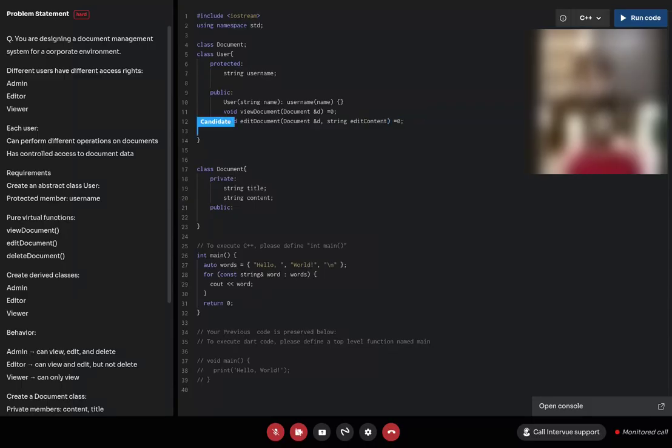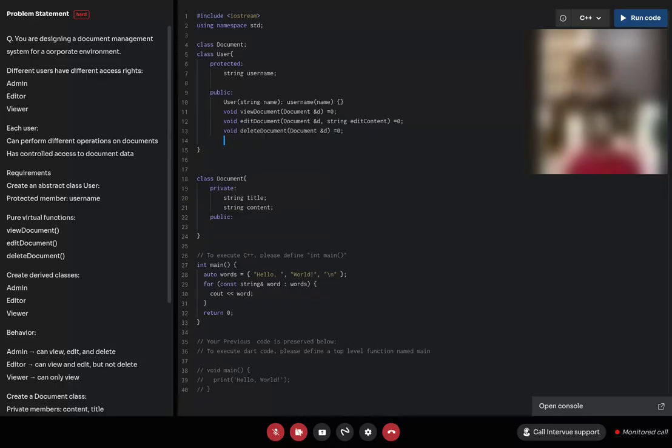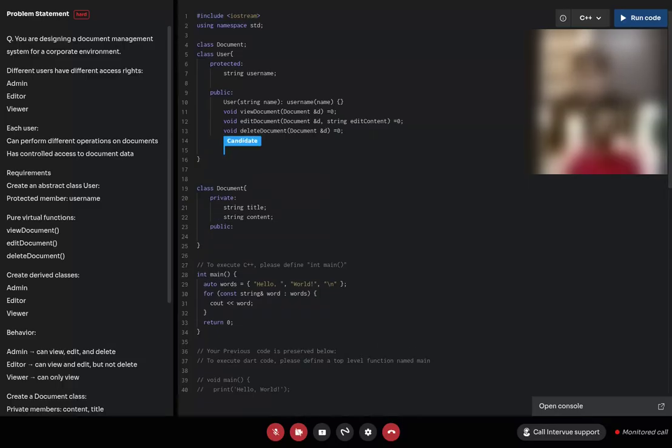Next I want to delete, so I'll write delete document, and for that I just need the Document. Now for the destructor I'll just put this. Okay, so I'm done with the User.